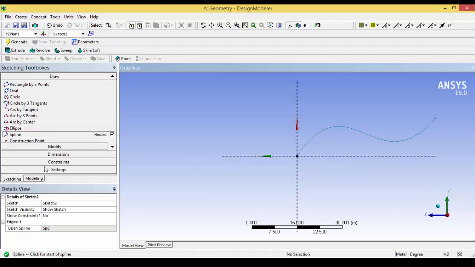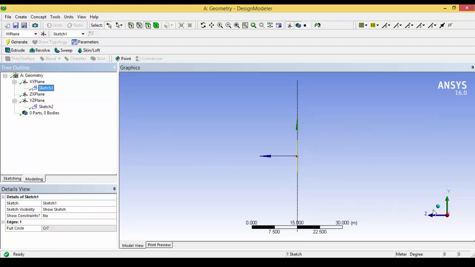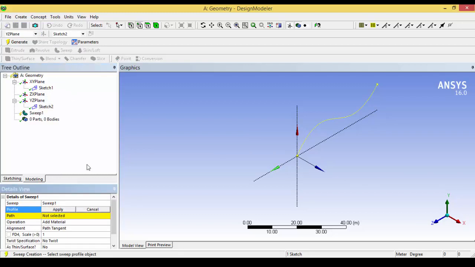And now we have two geometries. In the modeling section you can see, if you expand this, in the XY plane we have a circle geometry. If you click this button, you can see the isometric view. So there are two sketches now in the picture. One is at the XY plane, and in the YZ plane, which is perpendicular to that, we have a spline. So by having these two things, sketch 1 will be acting as a profile and sketch 2 will be acting as a path.